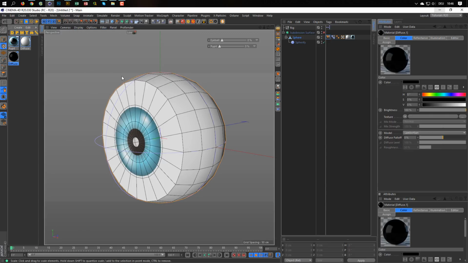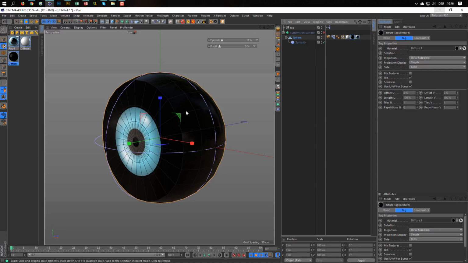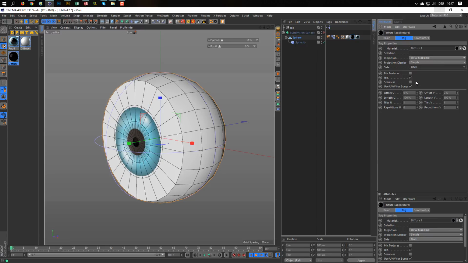Now we put this on the sphere. I put it afterwards, the white one, but I want it just on the inside, this material. So what I do here is not both, and let front or back, we will see. I think back, yeah. And now we have this black material just on the inside.